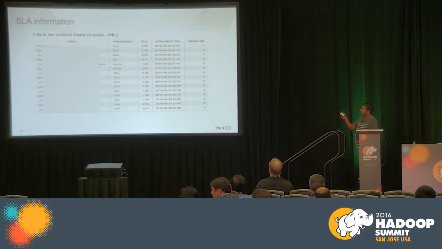They display the feed name, the frequency of the job, and by what the SLA has been missed. They also display till what nominal time data is available. And if there is a backlog, it shows in this display. This is taken from real production, that's why I need to blur it out.